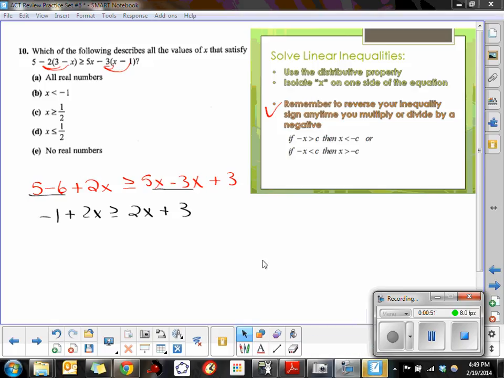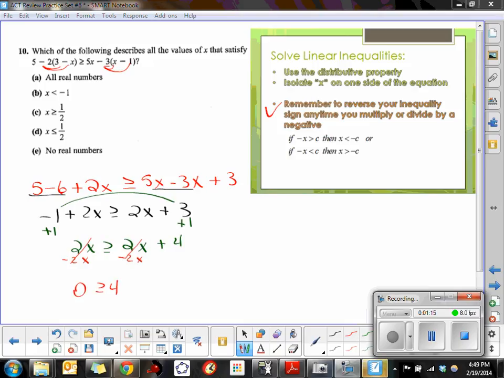And then we're going to start collecting our like terms on opposite sides. So I'm going to add 1 to both sides to undo the negative 1. So I'll have 2x is greater than or equal to 2x plus 4. And now when I go to collect the like terms with the x's, I'm going to subtract 2x from both sides. These x's drop out and these x's drop out, so you really have